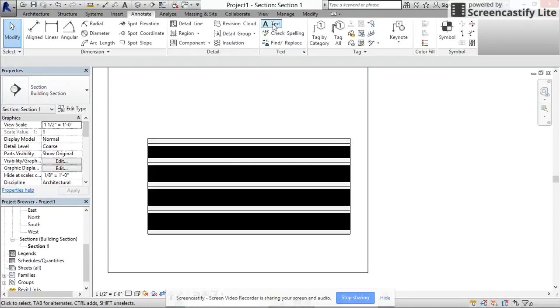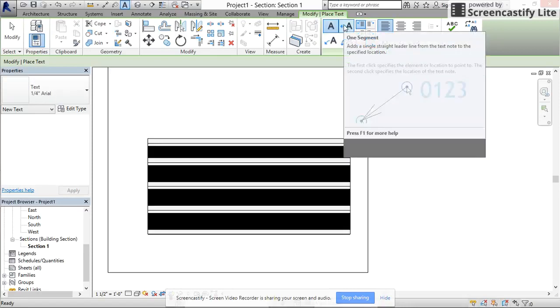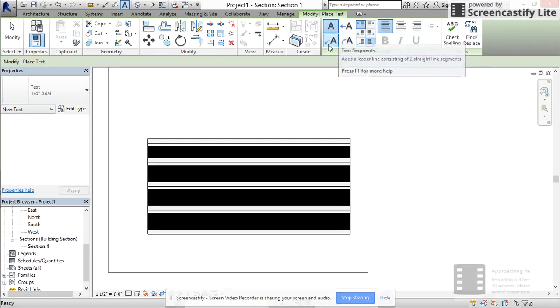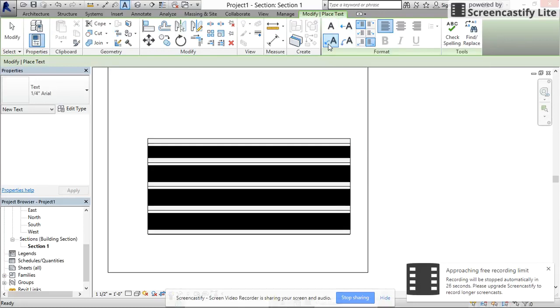So you're going to click text. And then up here, you have different types of text. You have a straight one segment leader on the text, and it shows you what it looks like when it works. So basically make one little arrow, but I like to use the 2 segment one. And starting here, we're going to start on part 2 right here. So go to part 2, please. And let me get